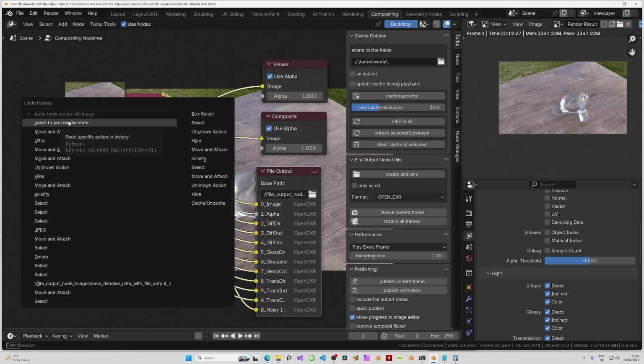It's incredibly rare. It's so rare, in fact, that the Blender developers have been unable to isolate the problem because they can't replicate it. It's only happened to me about 10 times in the last year. But if it does happen, Turbo Tools will give you a pop-up, and you can choose this revert to pre-render state,